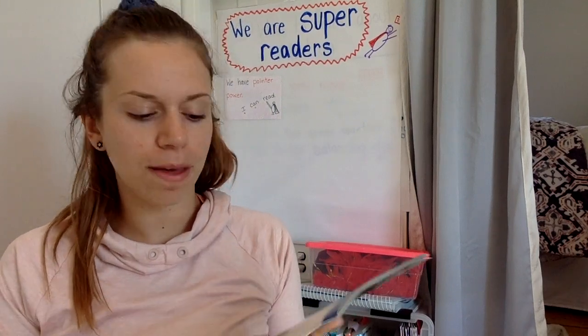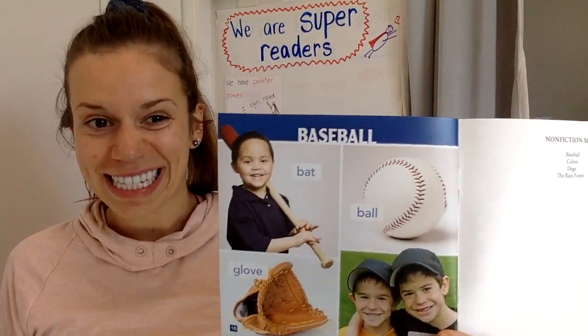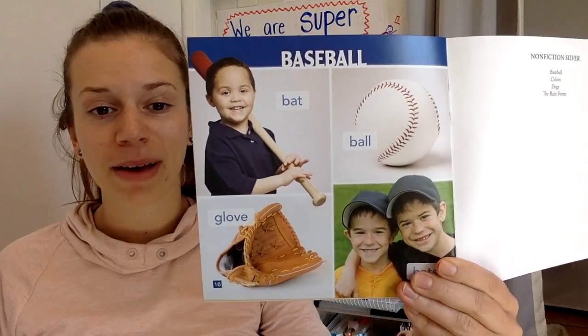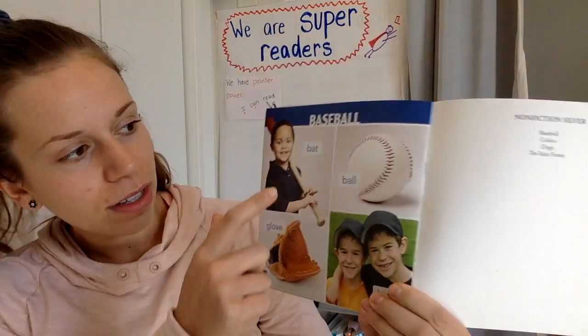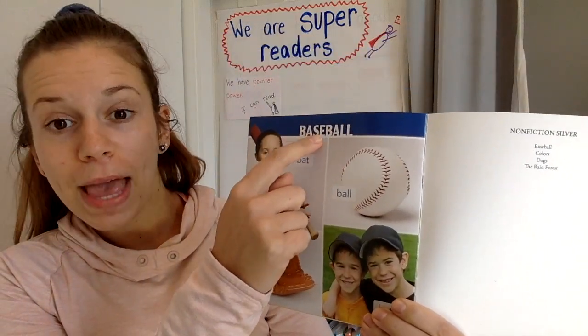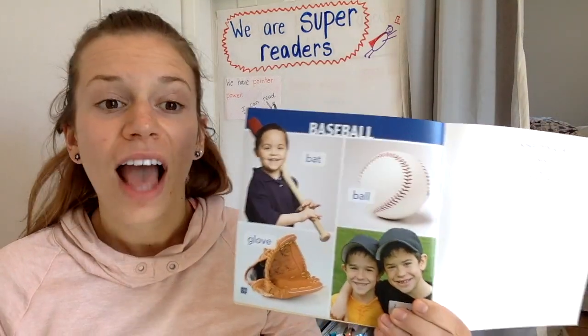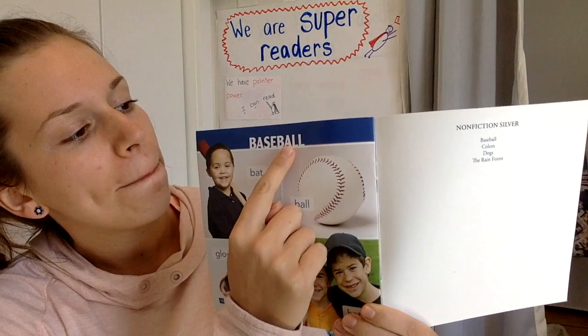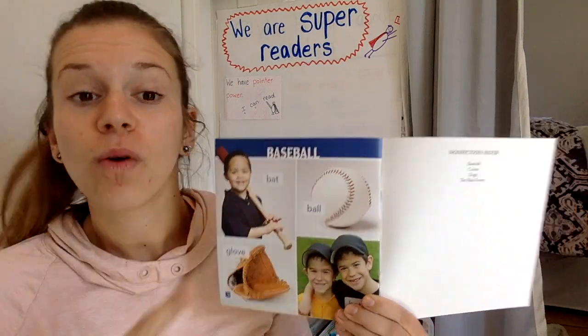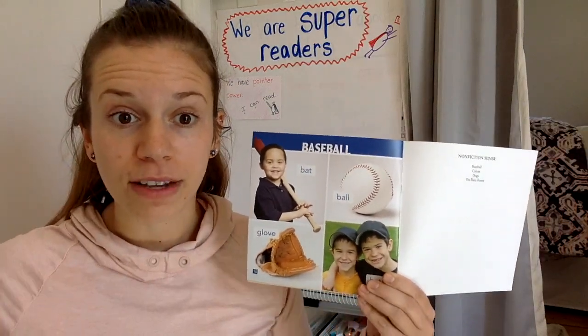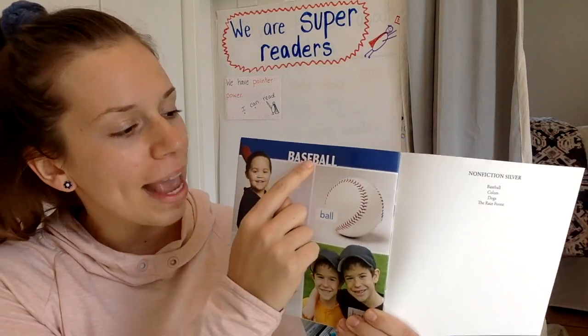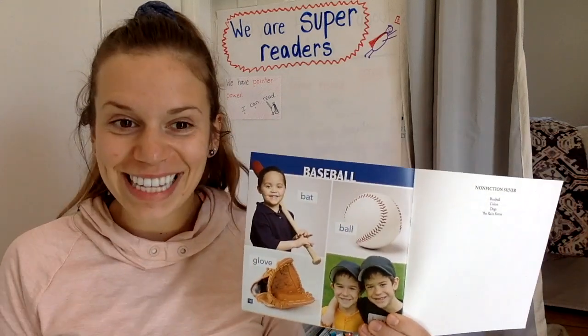Now let's look at this in a book. Here's the back. Some of these words are easy, but some of these words are long and might trick you. Like watch. Baseball. No, not two points. Watch. I gotta hold my finger down. Baseball. While I say all of the parts of the word. Baseball. See how I did that?